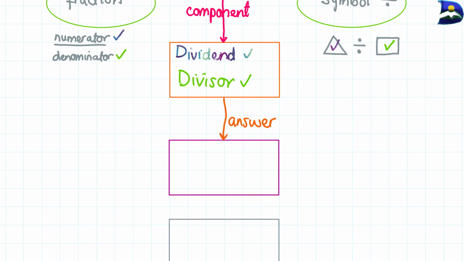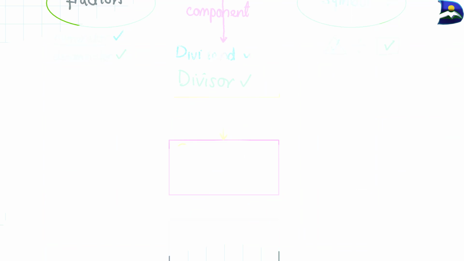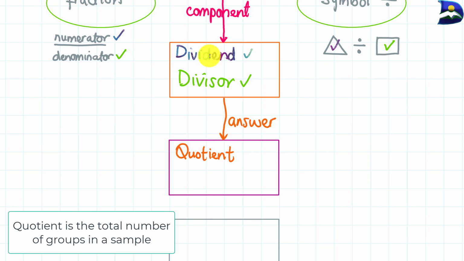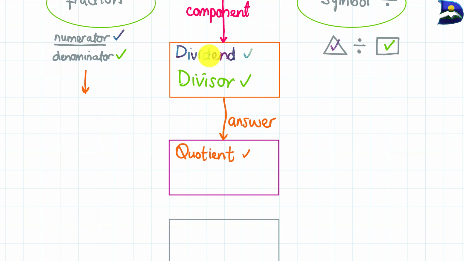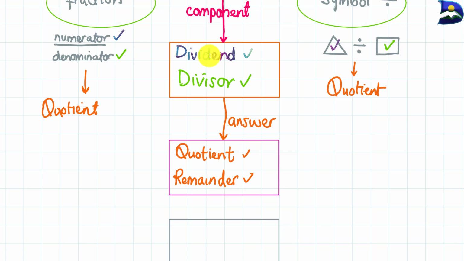One is known as the quotient, and this quotient can be shown in your answer form for fraction. Now the quotient is usually accompanied with another term which is known as the remainder,